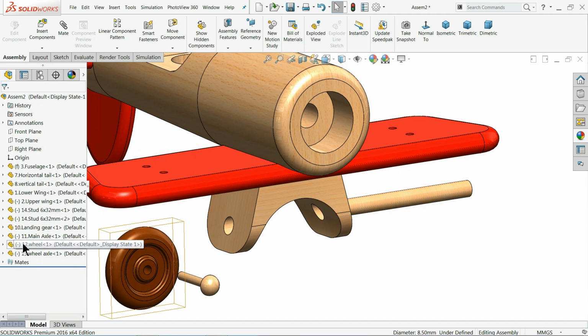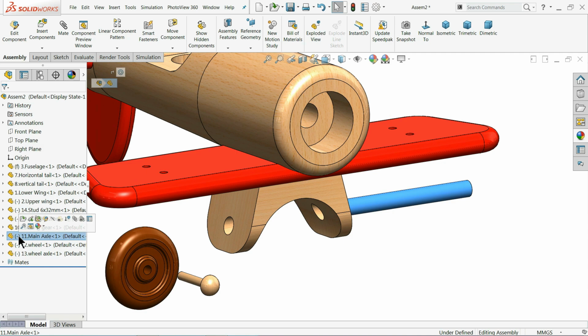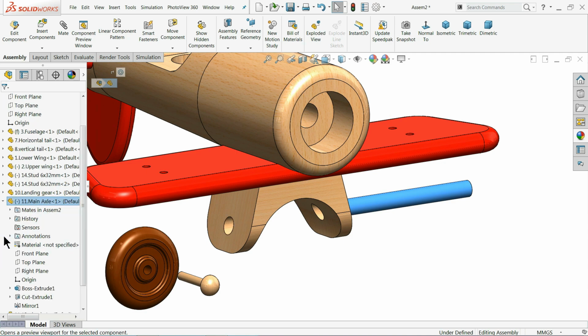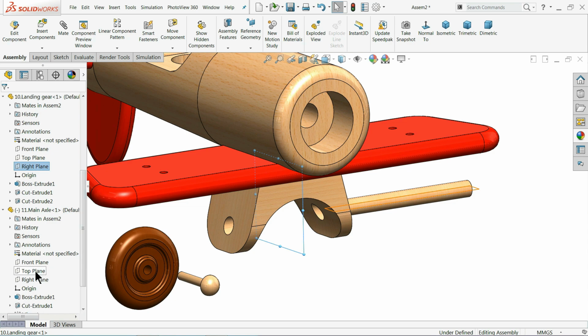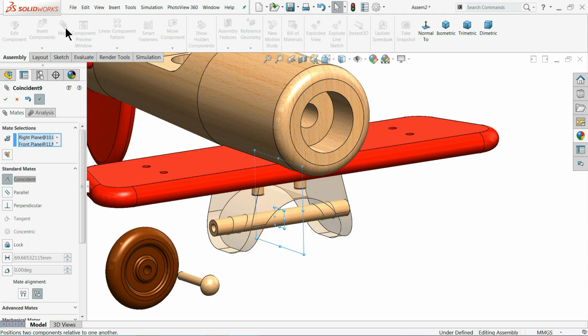Now drop down the menu, choose wheel. No, the axle. Drop down the menu of axle and landing gear. Let's say the right plane of landing gear. Hold control key and front plane of main axle, click mate. See, it is going to coincide in the center position.